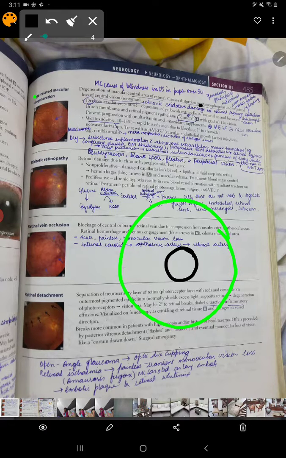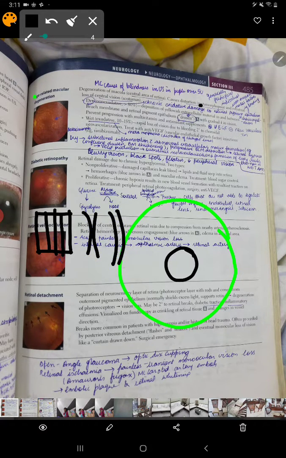vision, which is scotoma. Metamorphopsia is the problem in visibility which causes straight lines, like the ones I've drawn, to look like this or maybe this. So basically you have some problem in the macula which is causing it to appear distorted. This grid that I am drawing subsequently is also known as the Amsler